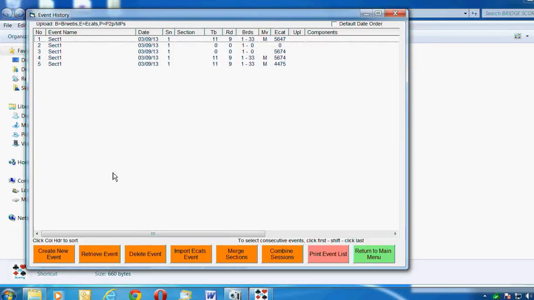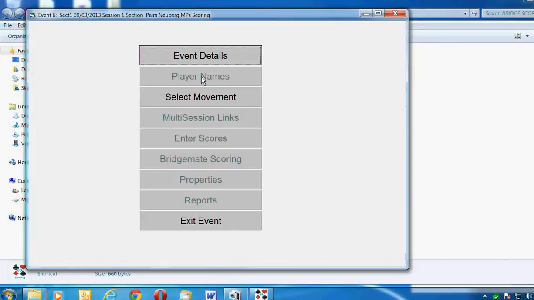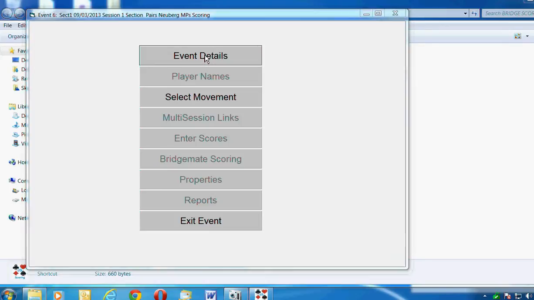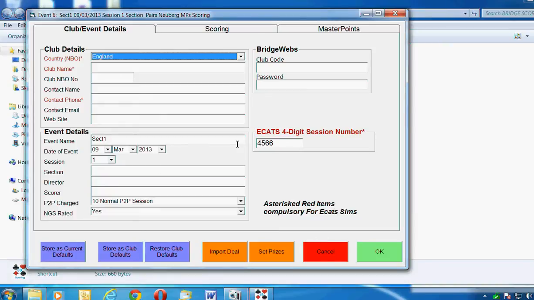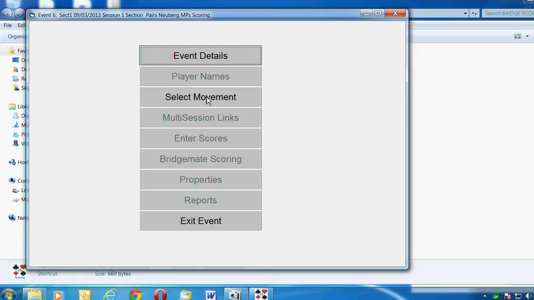And then the first thing it asks you is to create a new event down in the left corner. So I'll create an event. And the first thing they want is a 4-digit number. So I'll just put 4 digits and click OK. The next thing would be event details, and that's where they ask you, no, that wasn't it. The next thing is to select the movement,